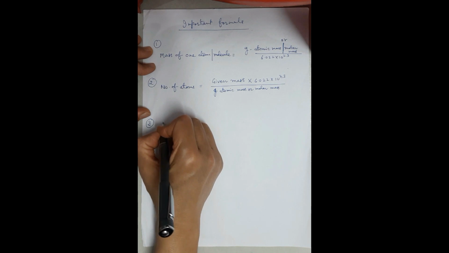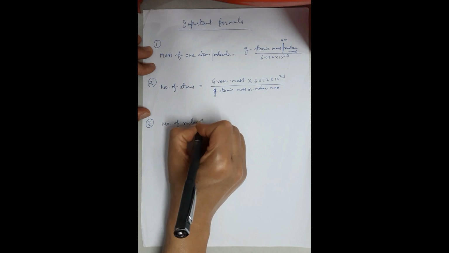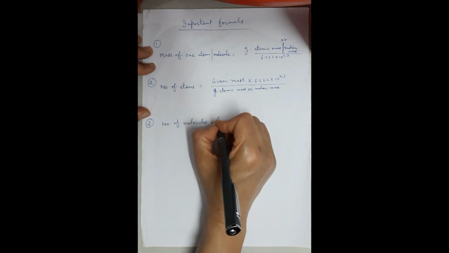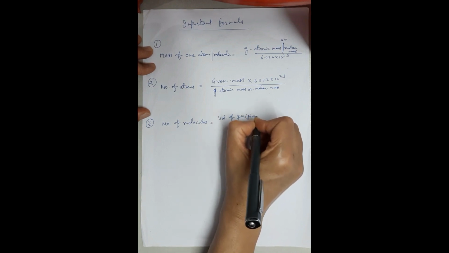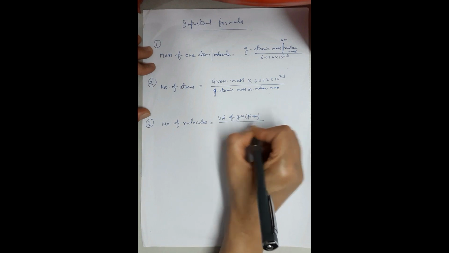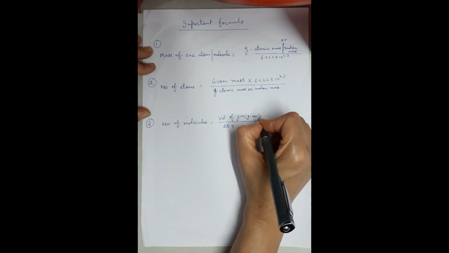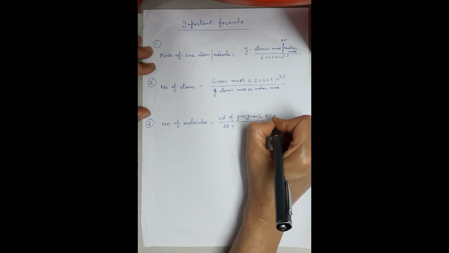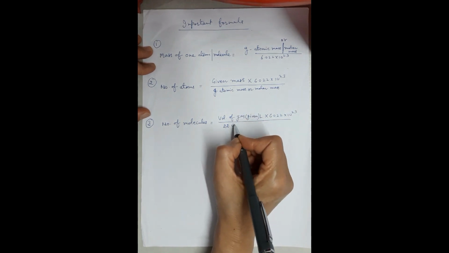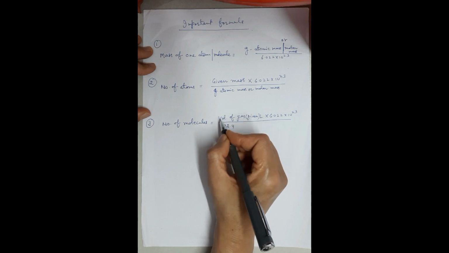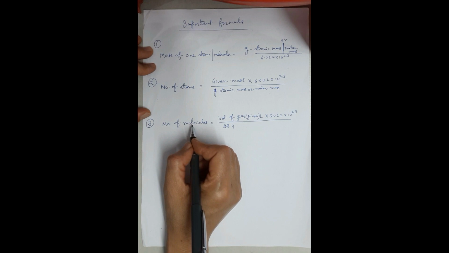And the third formula is related to volume. If you want to find out the number of molecules in a particular volume, how will you do it? It is the volume of gas which is given, divided by the standard volume, which is 22.4 liters, and this also should be in liters, and multiply it by 6.022 × 10^23. So you know, given volume divided by the standard volume will give you the number of moles, and you just multiply it by Avogadro number, you will get the number of molecules.